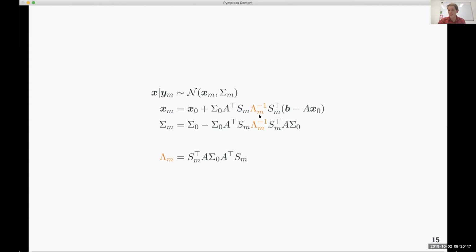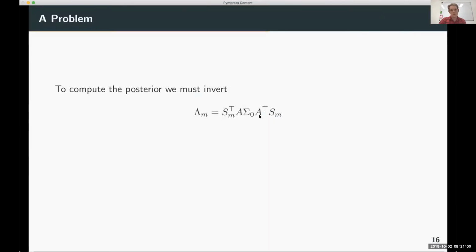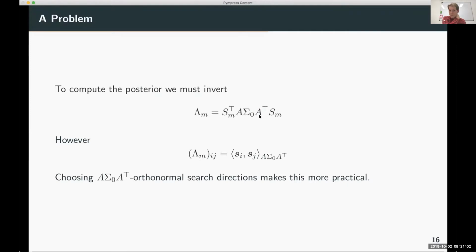This one is only m-dimensional, whereas the original inversion problem was d-dimensional, but it's still kind of disappointing to have to perform an inversion at all, when it raises the question of why we didn't just invert the original matrix. But if we look at the form of this matrix lambda m, it's pretty clear that there's some structure here that we can exploit. And in particular, lambda m is the Gramian matrix formed by taking the inner product induced